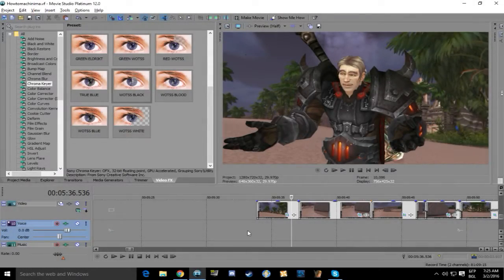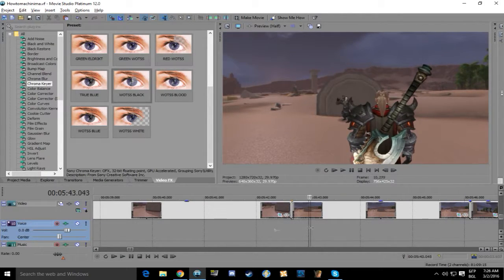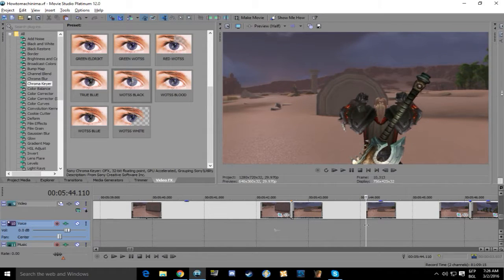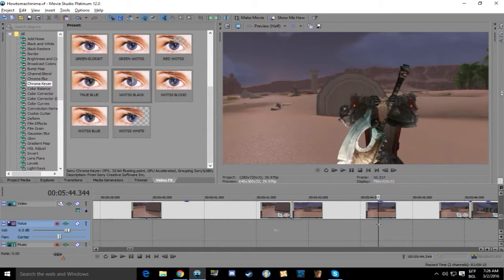Next up, sounds. So we'll be adding all the sounds that you saw at the start and see how that goes out. So in this part they are sheathing their weapons, so we'll be